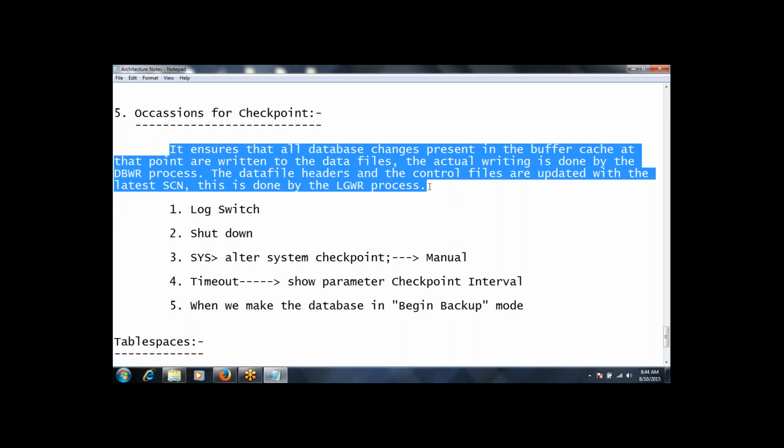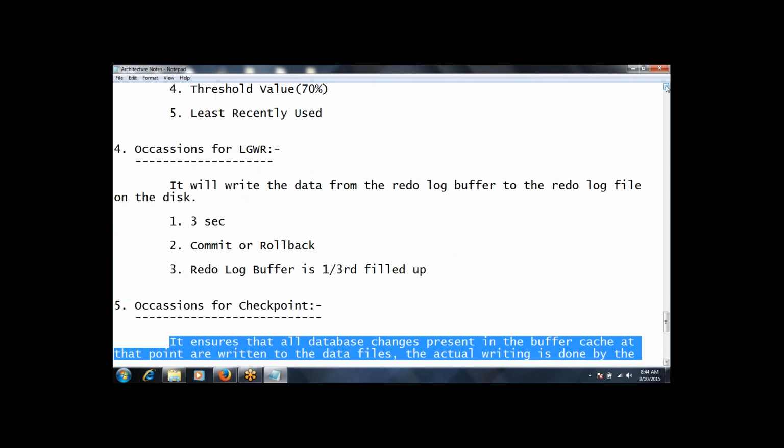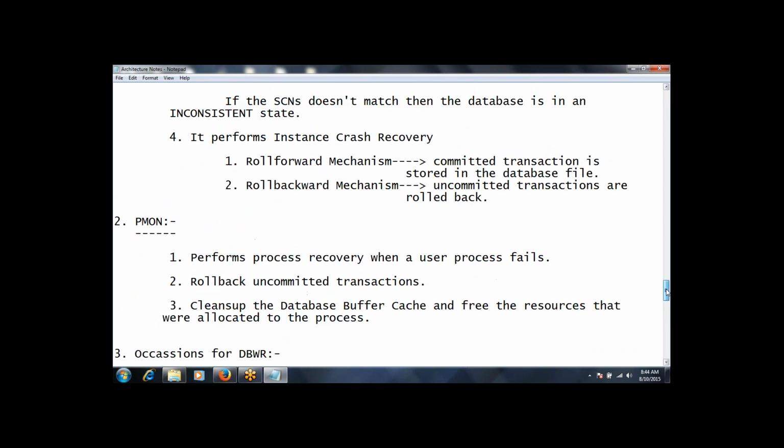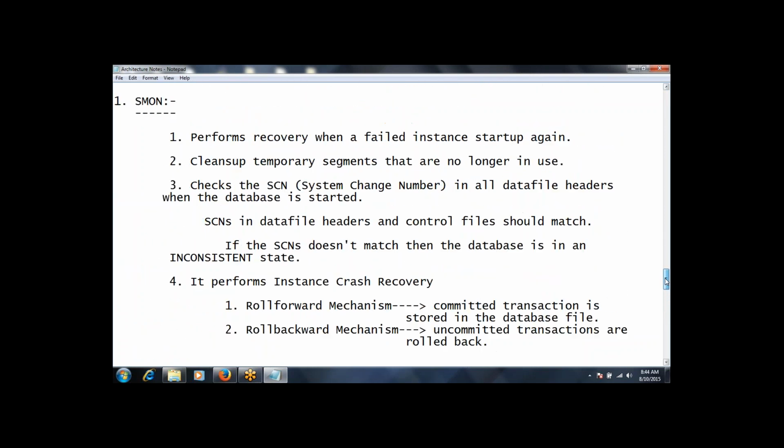Is it clear? Yes. These are mandatory background processes: SMON, system monitor; PMON, process monitor; next LGWR, log writer; DBWR, database writer; and finally checkpoint.